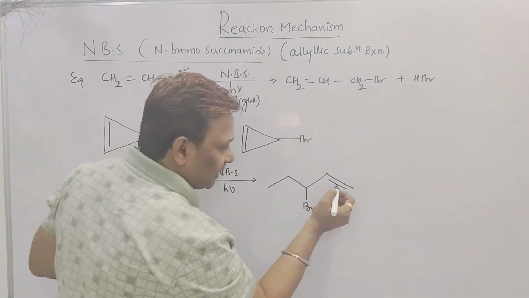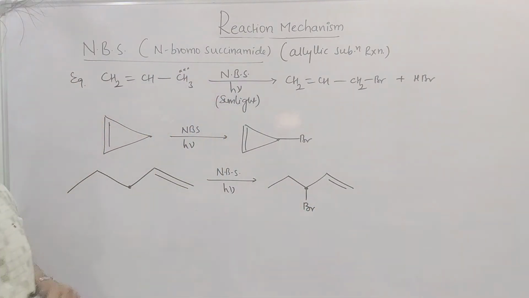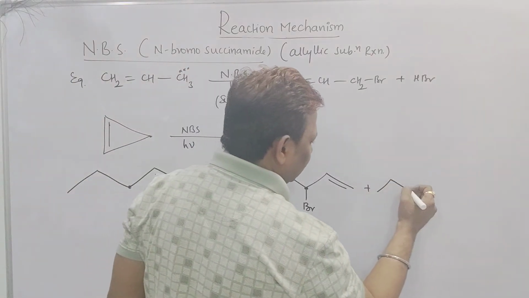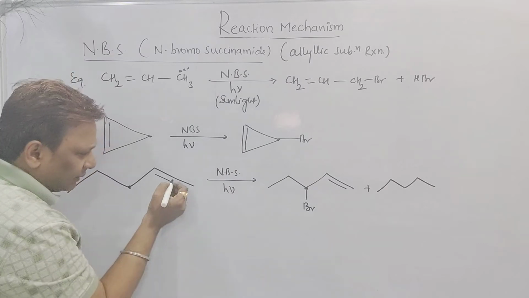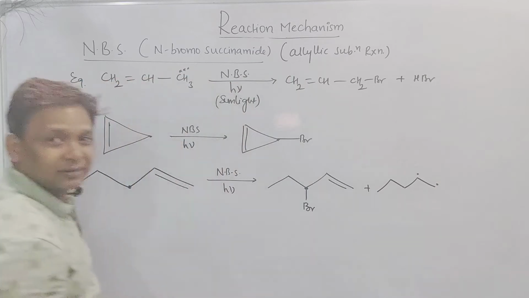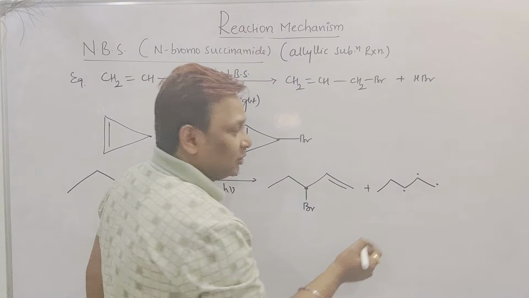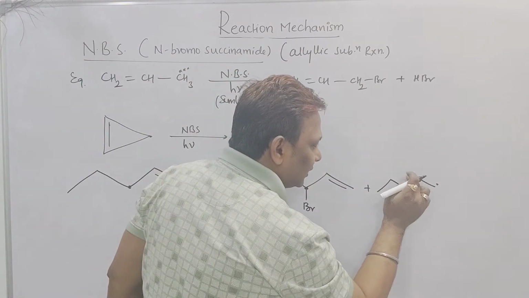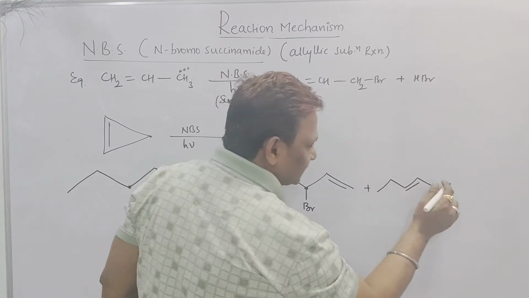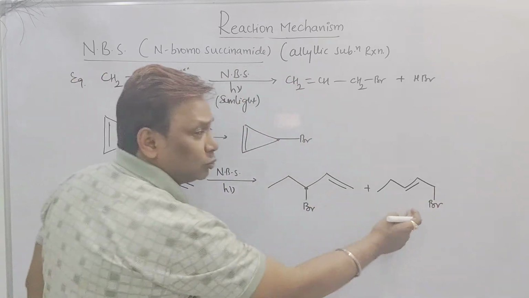But you can see, beta, pi bond, sigma bond and radical is a highly stable radical, and Br will attack here. But one more possibility is there, sir. Suppose I break this pi bond. So I am getting one radical here, one radical here. But one more radical forms here. Do you know these two radicals combine with each other and form a pi bond here? And this radical may be, beta, now my Br will attack over here. So I am getting the two products.